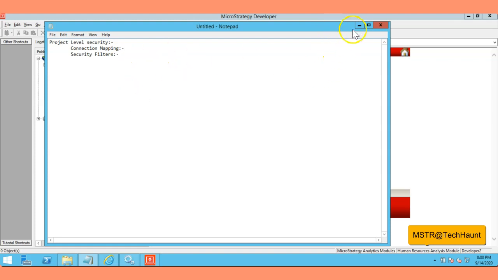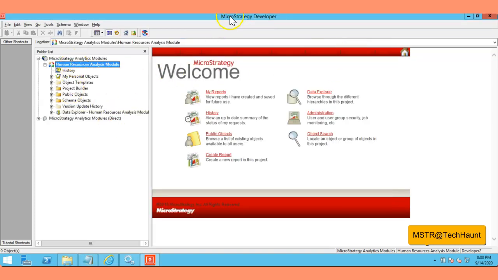So you are going to filter everything at the MicroStrategy level, but you can also assign or filter the permissions or the users' security filter at the database level, right?